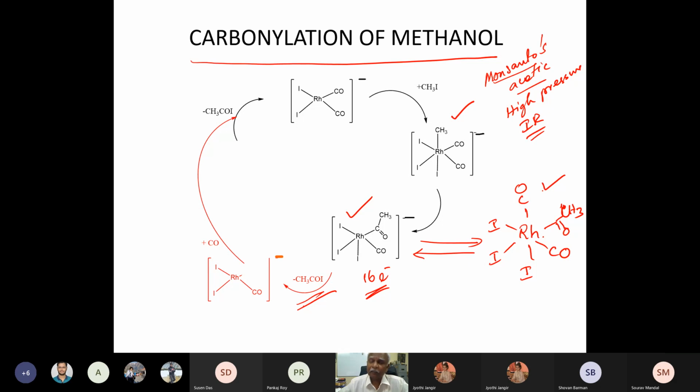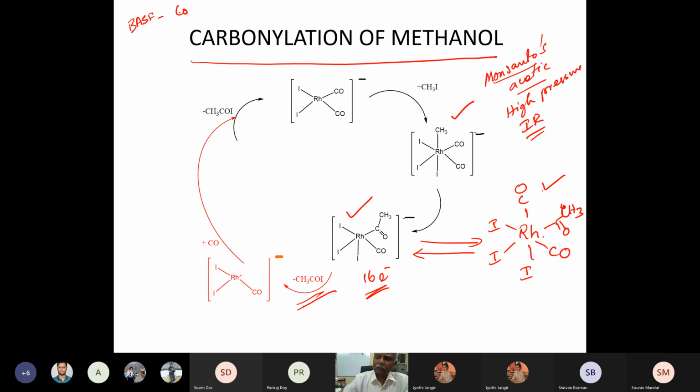Turns out that, like I told you, the cobalt process also requires iodine. Cobalt iodide was used to generate the dicobalt octacarbonyl. That is the previous process. That was a German process. I forget the name of the company. I think, yes, it was BASF. So BASF